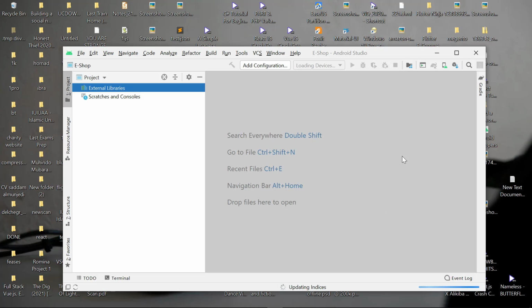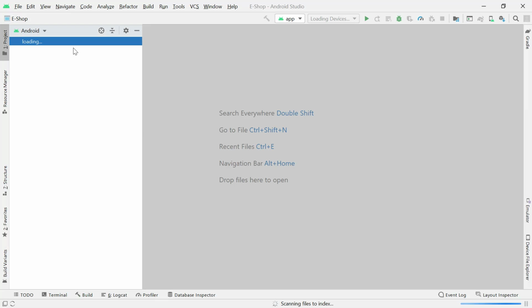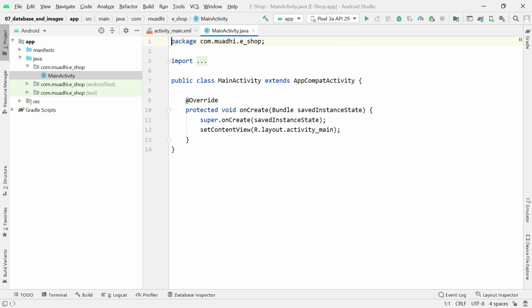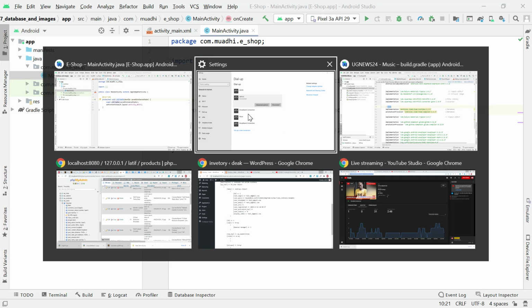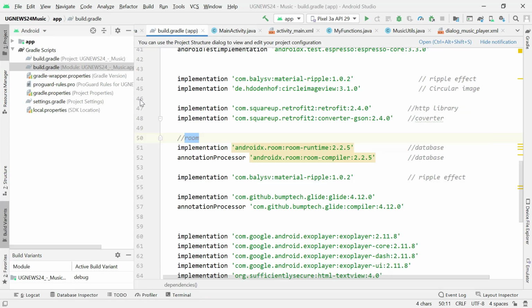So as it is creating the application, let me prepare other things. As our application is indexing, let us look at the library that we're going to use. We said that the first one is going to be the Room library, or the library for the database. I've already created another application with that Room. So to save time, or to avoid this video being too long while explaining everything, I'll be just using that library. I'll be copying some code, or I'll be referencing from the other application,